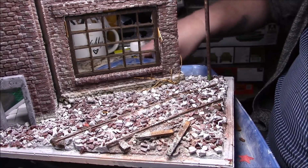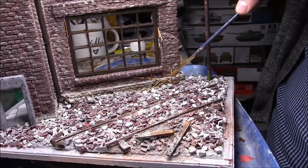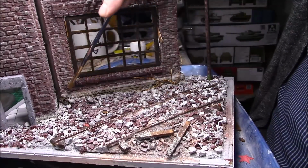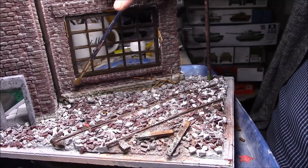As you can see on the bottom, this is just a root off a plant I picked up, and I've just sort of let them dry out. This isn't quite finished yet, just put there for show at the moment until I get the correct colour I want. And as you can see along the bottom, there's a slight hue of green, which is like moss and things,